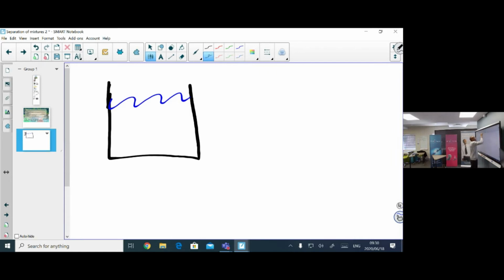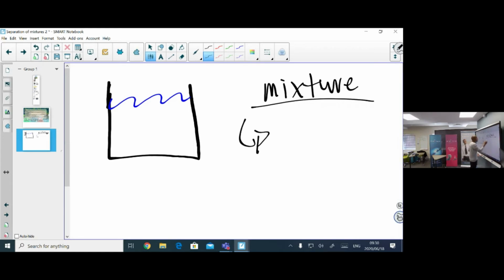I'm going to make a list showing what we have in our mixture, and we're going to look at how we can separate this mixture and answer the questions. In our mixture, let's say we have 1, water, 2, ethanol,